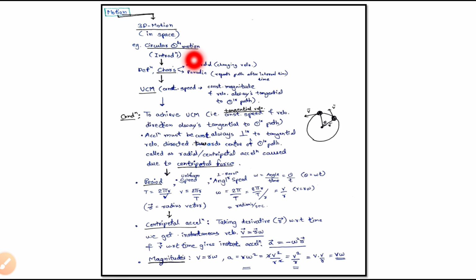As you know, the definition of circular motion is any body moving along the circumference of a circle is performing circular motion, right? And it has two particular characteristics, as it is an accelerated motion and it is a periodic motion. Why is it accelerated? Since a body which is performing circular motion has velocity at every instant of time which has constant speed, that is constant magnitude of speed, and variable direction, because at every instant of time